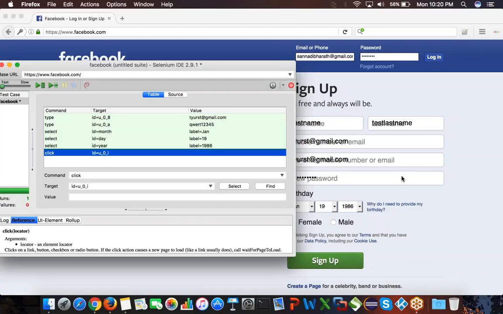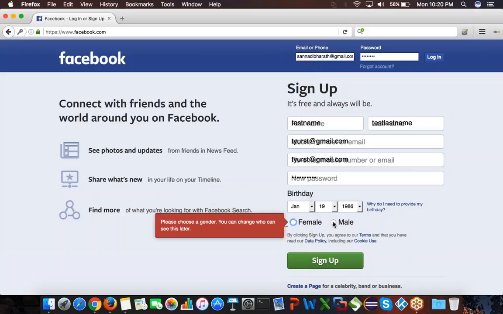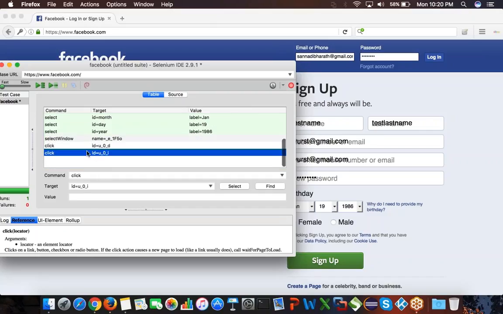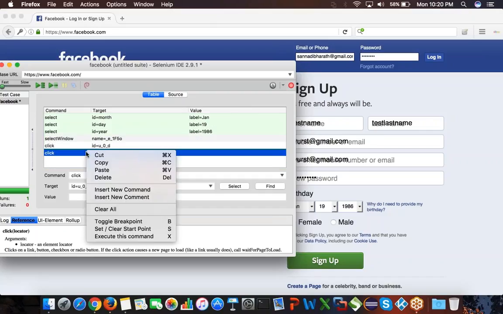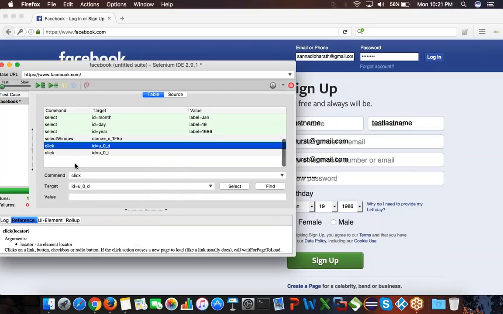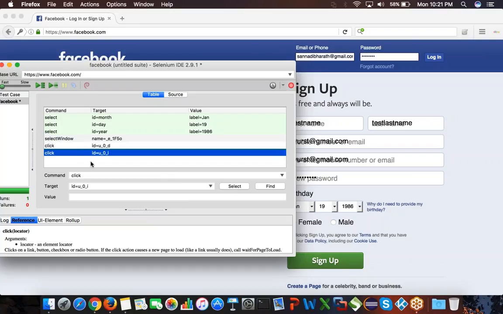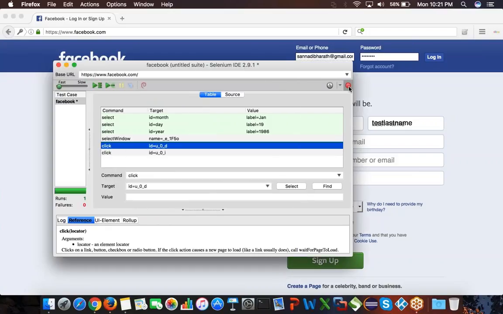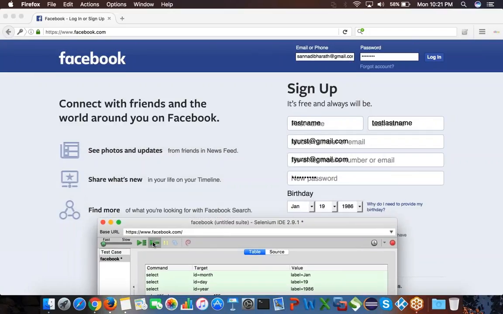Okay, that step is missing now. So let me go on that, select that step also. So click on record and click on male or female. So now just go ahead and go to the Selenium and move that step to the top. So you can also move the steps to the top. So you just move the step. Just click on the down arrow, so you can just move the steps down and up also here. Okay, now you just stop the recording and come down and play the recording.